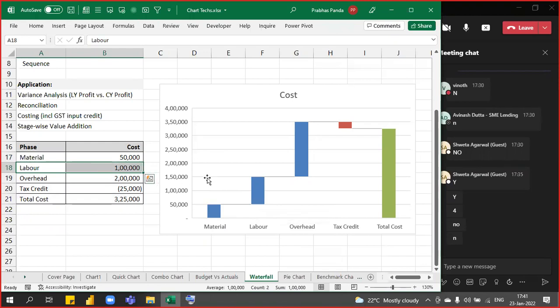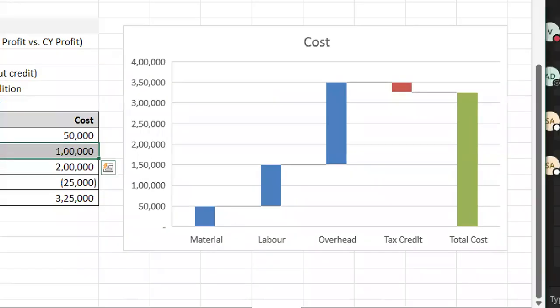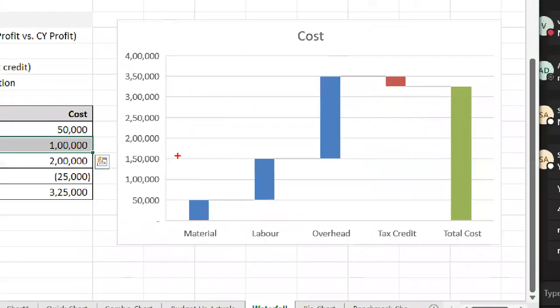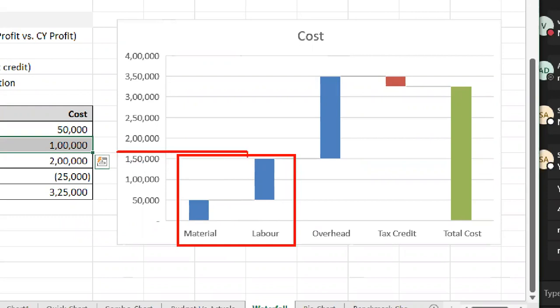Is it touching the line of 1,50,000? Check. Material plus labor, is it touching the line of your 1,50,000? Yes, yes, yes. And now when I process the same in my plant, overhead cost of around 2 lakhs I have